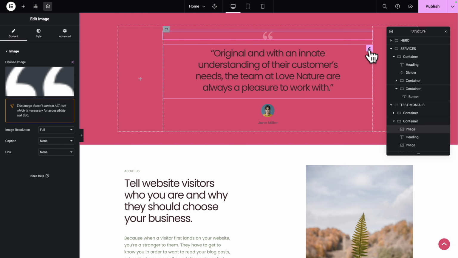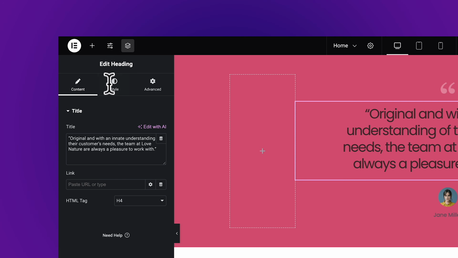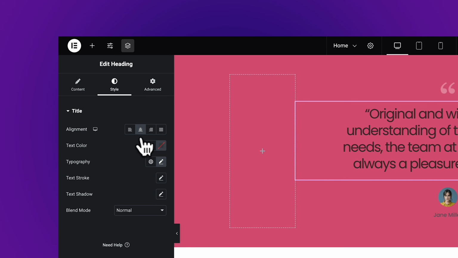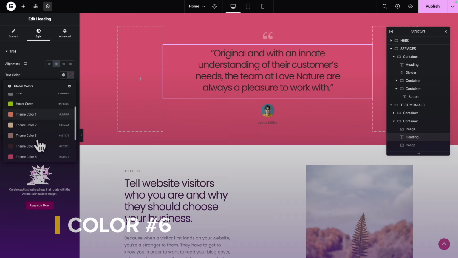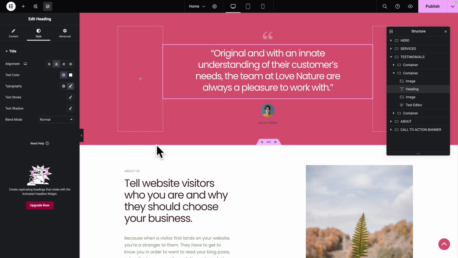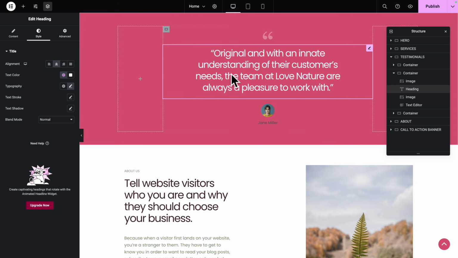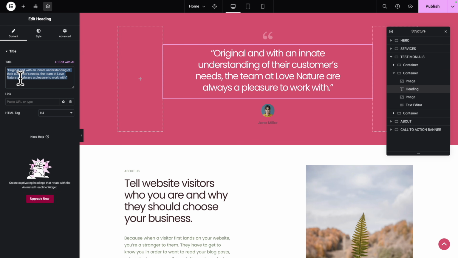Next, let's select our text here. And as you can see, it's a heading widget. Click on the style tab, and where you see text color, let's pick color number 6. Now let's go back to our project text file. Let's select our text, copy, and back with our heading selected, go to the content tab, and let's replace the